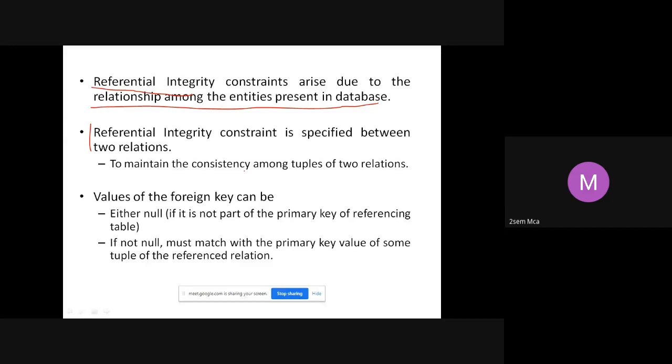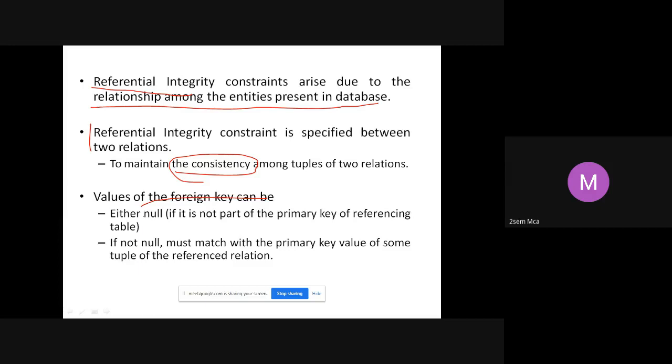If USN is a primary key, with values S1, S2, S3, S4, and this USN acts as a foreign key in your book table, then your USN there should take only one of those values, S1 or S2 or S3 or S4, or it can be null. But you cannot add S5. That becomes wrong. We are trying to maintain the consistency. That's all.